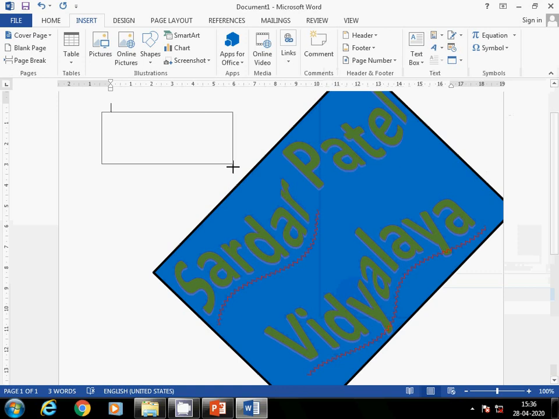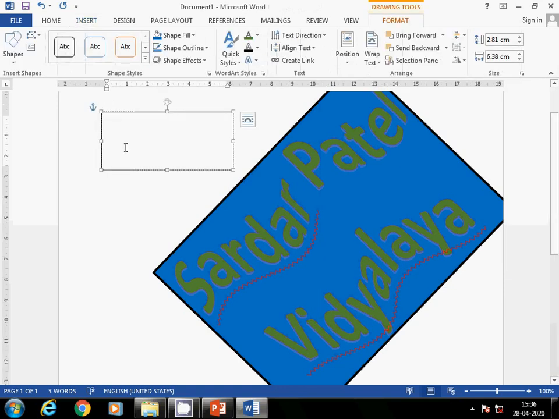Now write something. In newspapers you have seen some boxes coming in between the columns; that is given by this only. Here I am writing some additional text or explanatory text, as you have seen in your textbook, where some words are explained in a box like this. To give an effect like this, you can use text boxes. So something you can write. Here I am creating "buy one get one free" like that. Now I am going to apply all these options.